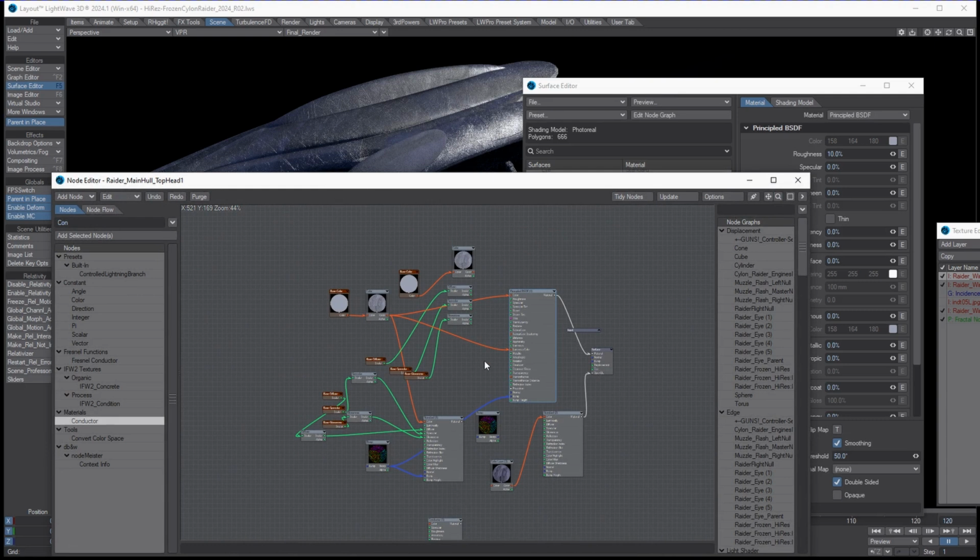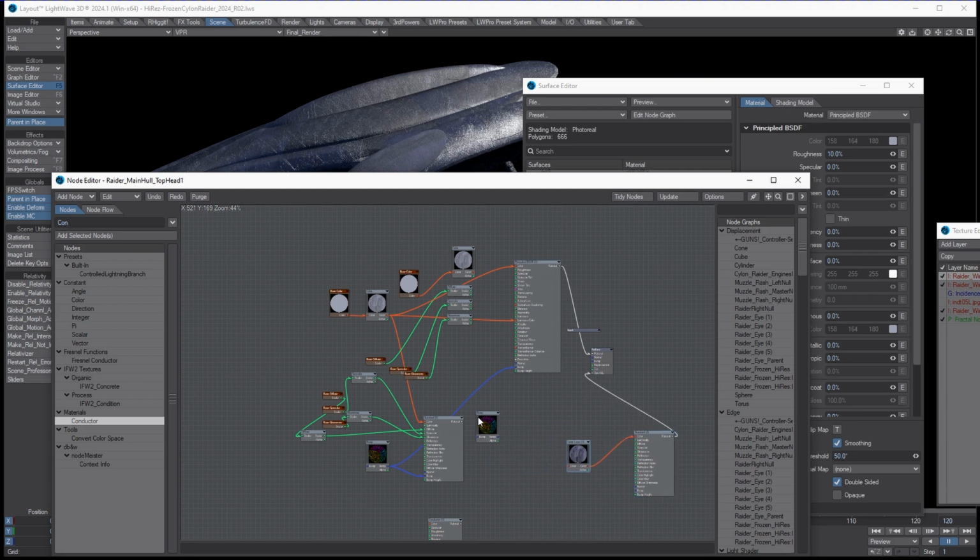Let's get rid of this stuff just for the moment, that off to the side. Don't need that. Don't need that. Wire that to our bump over here. And we'll take the